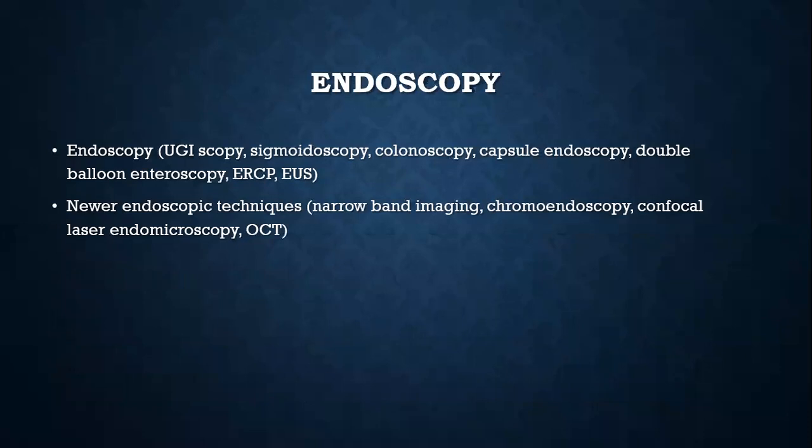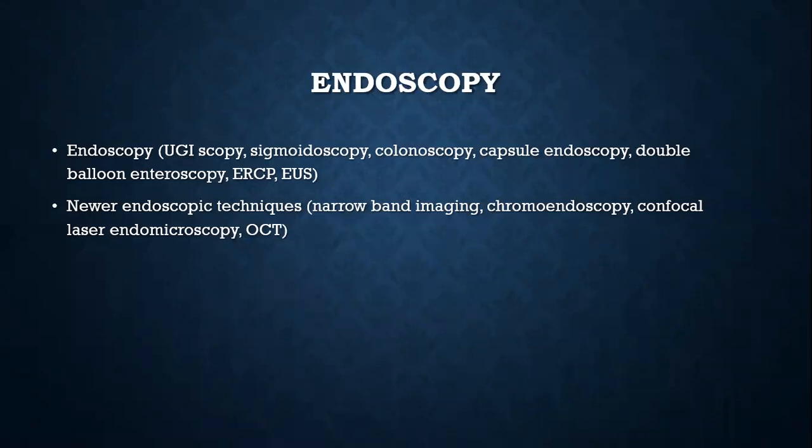Yeah, endoscopy for everything. Upper GI endoscopy or OGD-scopy, sigmoidoscopy, where we can visualize up to the transverse colon, colonoscopy, where we can visualize up to the distal ileum. So upper GI endoscopy visualizes the esophagus, the stomach, and the first two parts of the duodenum. So we have visualization till the upper two parts, and we have visualization till the ileum. We don't have any visualization between the duodenum and the ileum. So for that, we use something called capsule endoscopy.